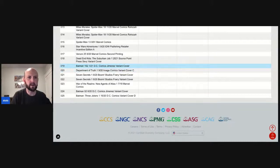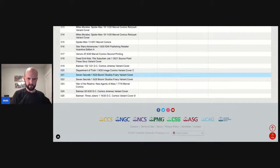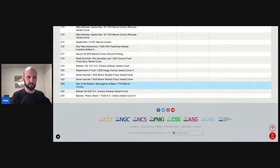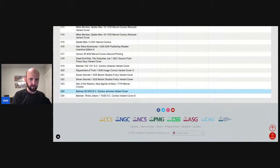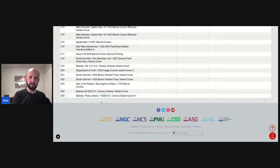Here's the Jimenez 1 in 25 for Batman 102. Department of Truth 1 cover C. That's the 1 in 10, I think. Here's 7 Secrets Franny. 2 of those. 2 more of the Akira homage cover for 7 Secrets 1. Here's a War of the Realms New Agents number 1 cover A. 92 Jimenez variant and 3 Jokers number 1. I didn't submit that many 3 Jokers